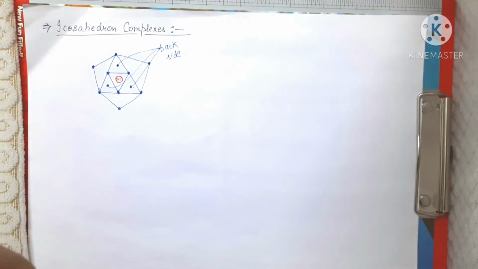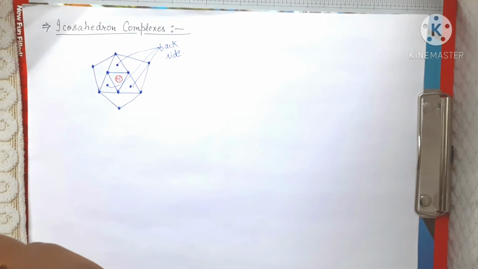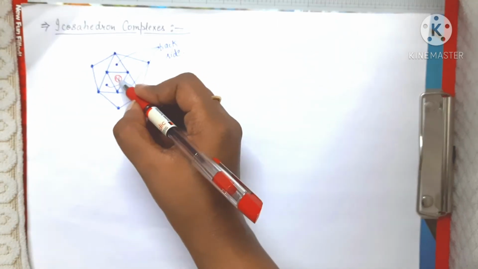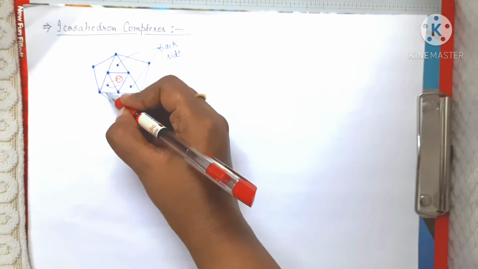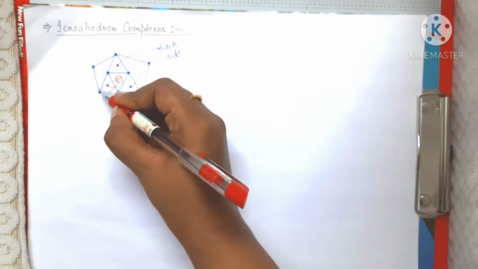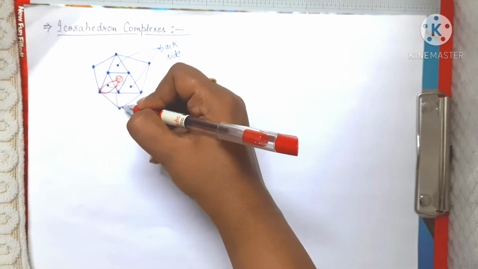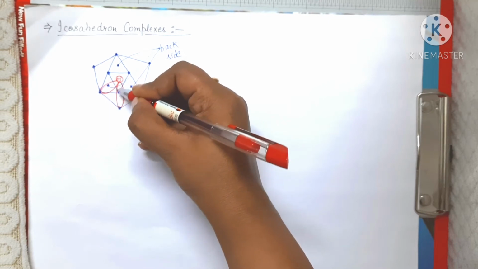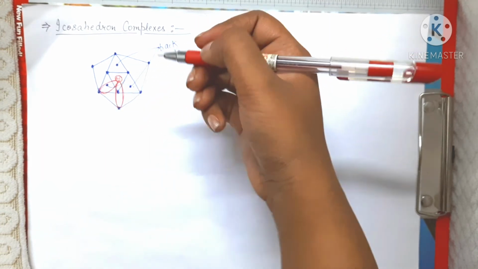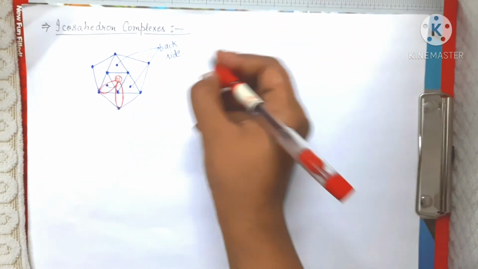So if you want to show the orbitals of the metal, then one thing you will realize while orienting the orbitals is that the orbitals which are present on the axis and also the orbitals which are present in between the axes, both these types of orbitals are facing the ligands directly, or vice versa, ligands are facing directly to the orbitals. So in this case,